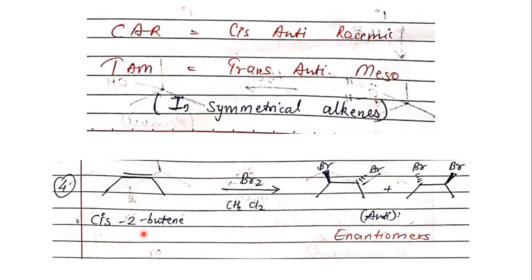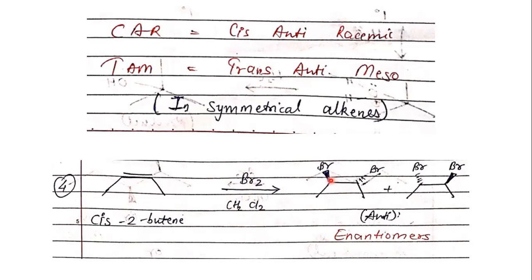First, we'll see cis-2-butene, an example of a cis starting material. If you can see here, this is nothing but cis-2-butene. Both the methyls are on the same side, so that is why it is cis-2-butene. And again, I'm reacting it with bromine, and dichloromethane is normally the solvent used for bromination reactions. So here, the bromination is going to happen by the same technique that we used earlier, via the formation of a bromonium ion. And because it is bromine addition, there will be anti-addition across the cis-2-butene.